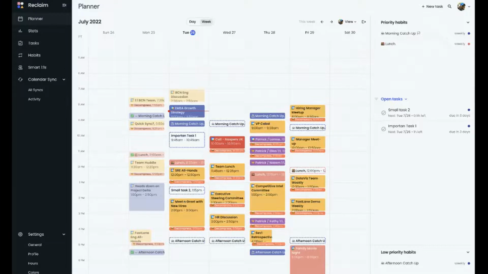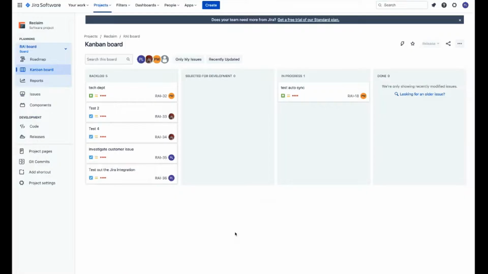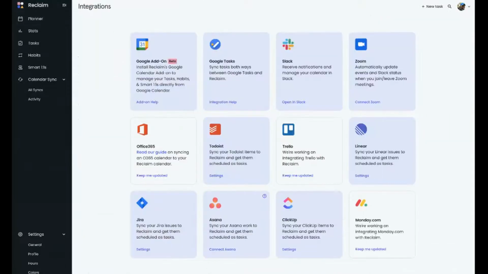But the real power of tasks is not just in the time blocking and the control you've got here, but is actually in the integrations that we provide. And so actually, let me come over here. You can see we've got integrations with Jira, Asana, ClickUp, Todoist, Linear. We're going to be launching Monday and Trello, hopefully later this year. Eventually, we'll open up Zapier and a full-blown API so that we can get kind of a long tail of